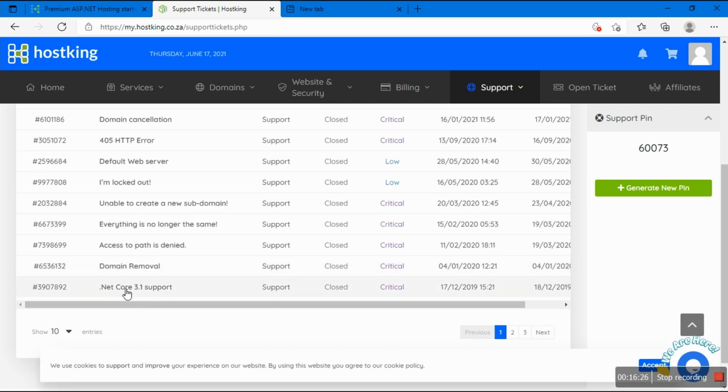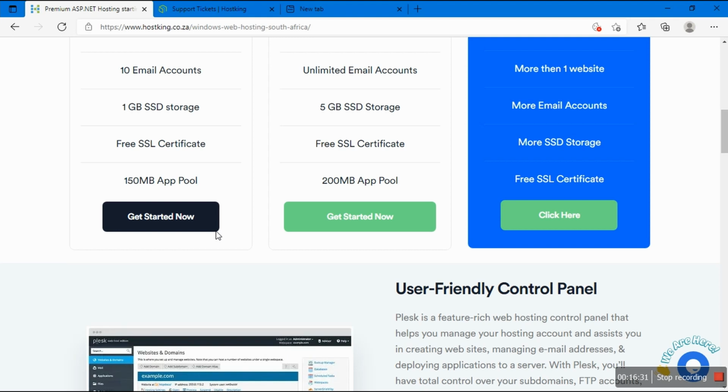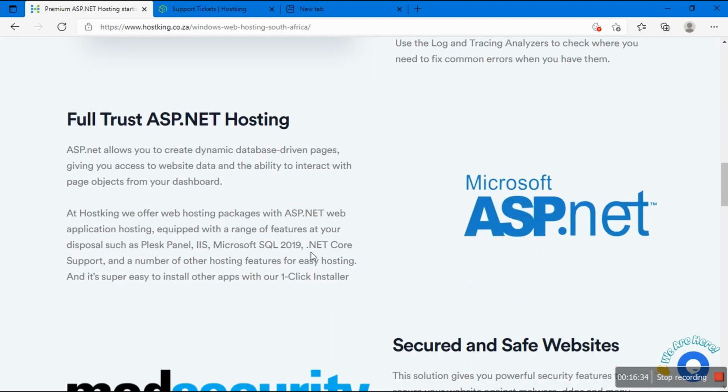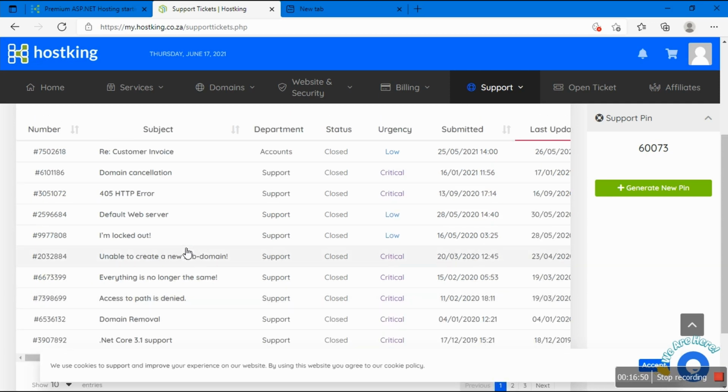Then .NET Core 3.1 support, because now they claim they support it. Did you see that? So please, you might want to read. Now they said .NET Core support, but they don't say whether it is 3.1 or 5.0. Now we're expecting 6 to come out. These people are slow. They are way too slow. So I fought these people over these years, and sometimes they were not helpful. So most of these things are what made Identical Docs, because web API doesn't just work. By the way, web API doesn't just work, and I'll explain why in a second.